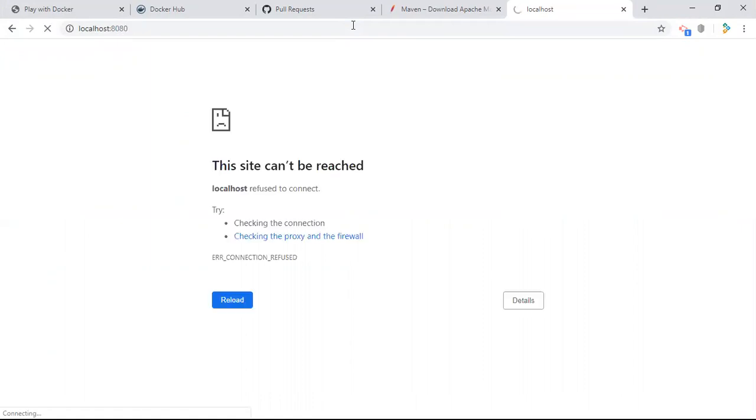If you go to the old port 8080 and run, it will say that the site cannot be reached because we changed the port. So that is the power of Spring Boot. It's auto-configurable.